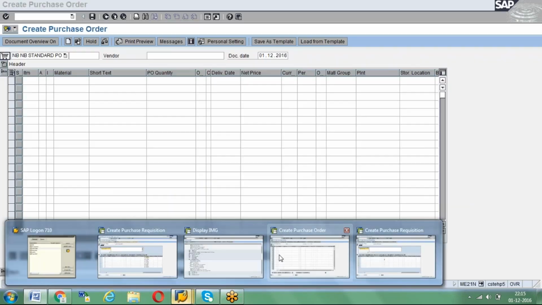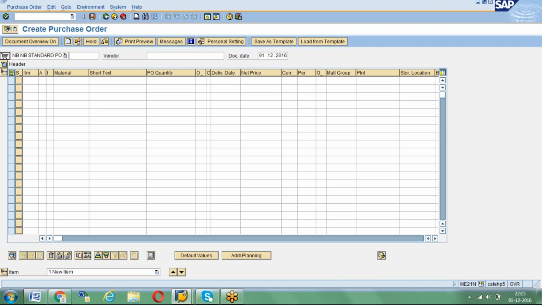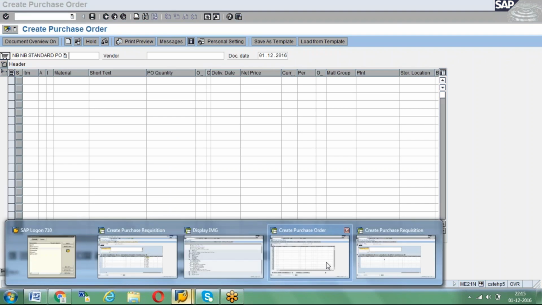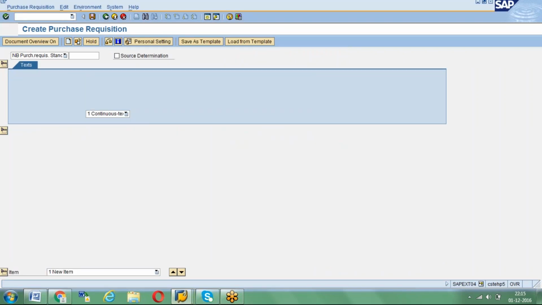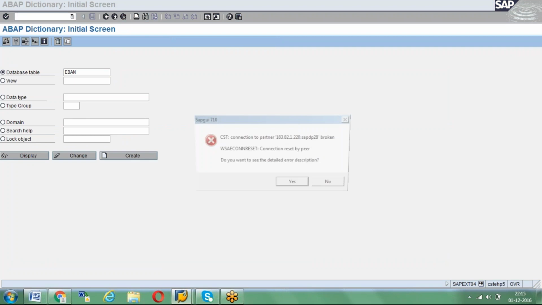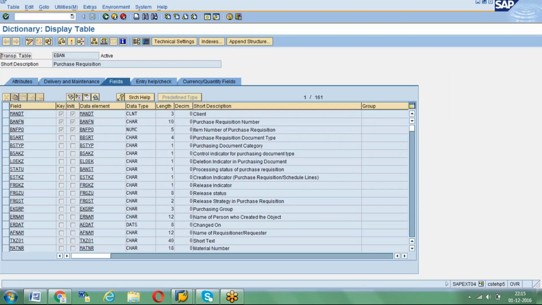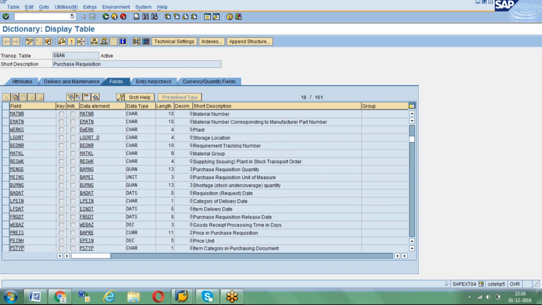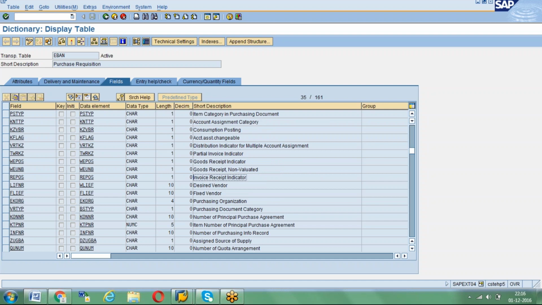We have a SAP table for purchase requisition, that is EBAN. If you go to SE11, EBAN is a table. Maximum purchase requisition details will come from this table. Then you can build a logic to prepare a form if they really require. But I suggest, and anybody will suggest, don't go for that. See the purchase requisition number, EBAN BANFN field, document type BSART, purchasing group EKGRP, material number MATNR, how much quantity, storage location,